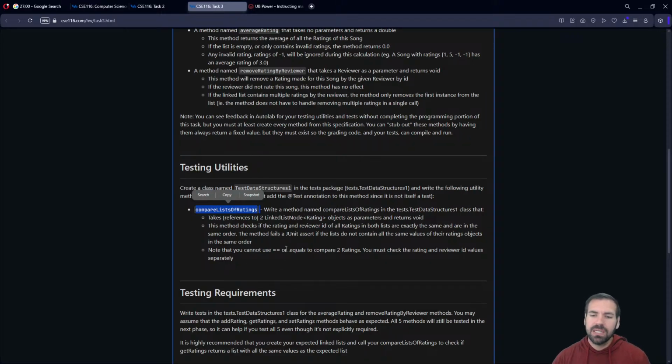One of the biggest questions, and I'll bring this up multiple times throughout this lecture because it's the biggest thing that I see on test 3, is that especially on your remove ratings by reviewer tests, you're going to submit to Autolab, and Autolab is going to say null pointer exception. So if you see this, flash back to this moment, and remember this one thing: use your compare lists of ratings utility method when you're testing remove ratings by reviewer. If you do that, you will not see a null pointer exception, at least not a surprise one in Autolab,